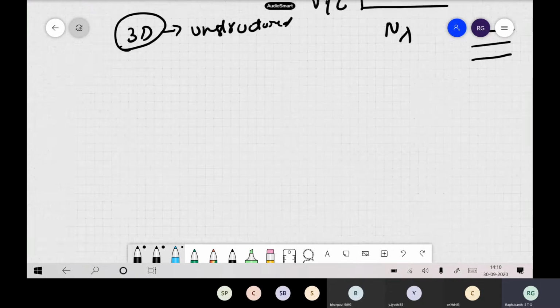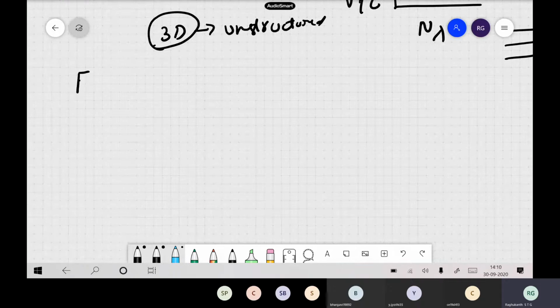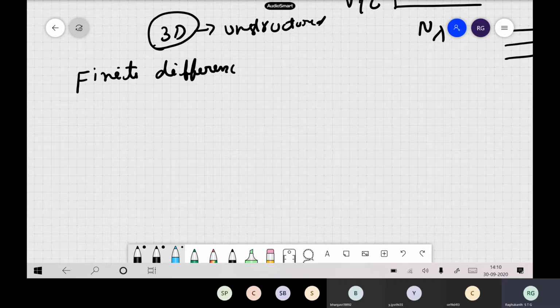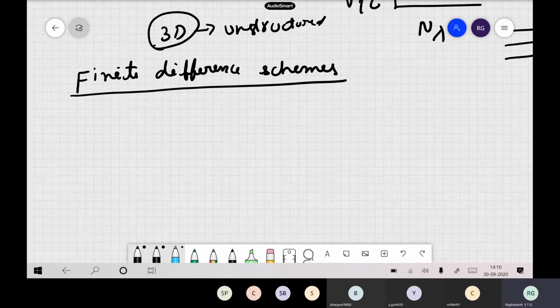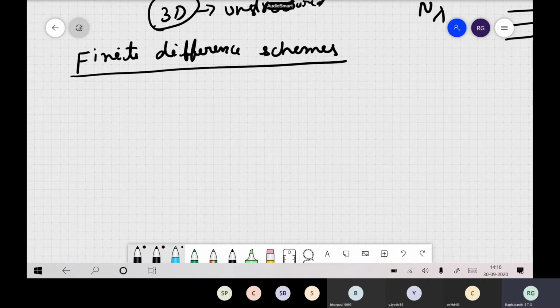Now let us see the finite difference schemes. How do we represent them? The staggered grid and others I have already told you verbally, but let us derive those equations also. Now, one most important thing also: suppose your Young's modulus, the material properties.